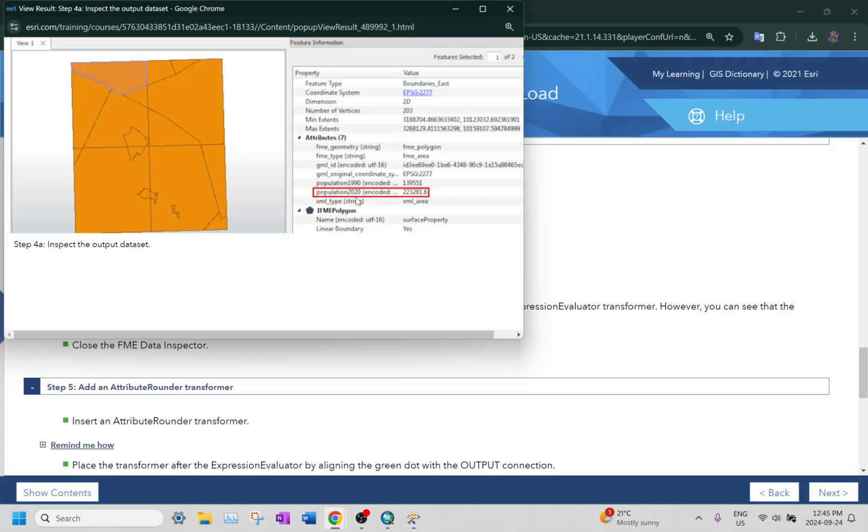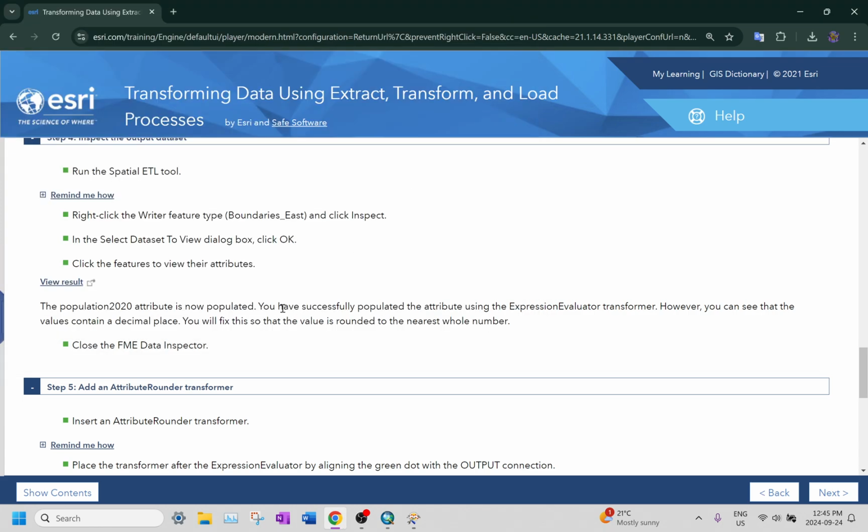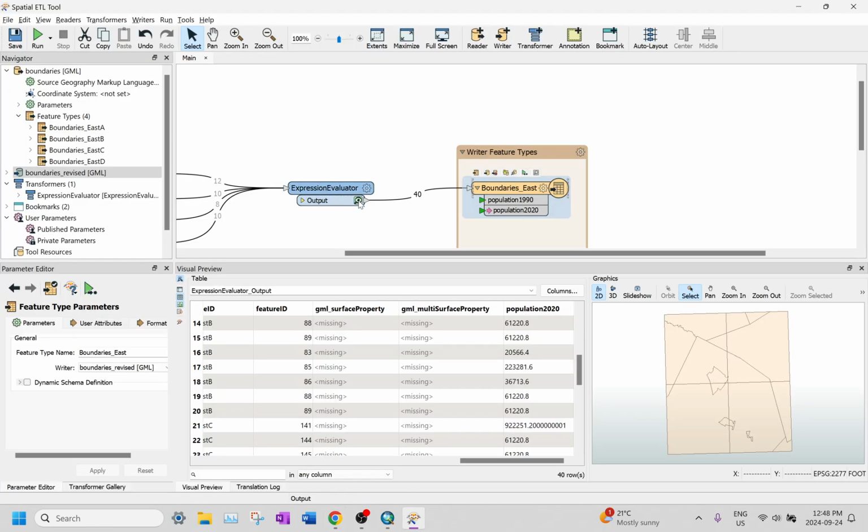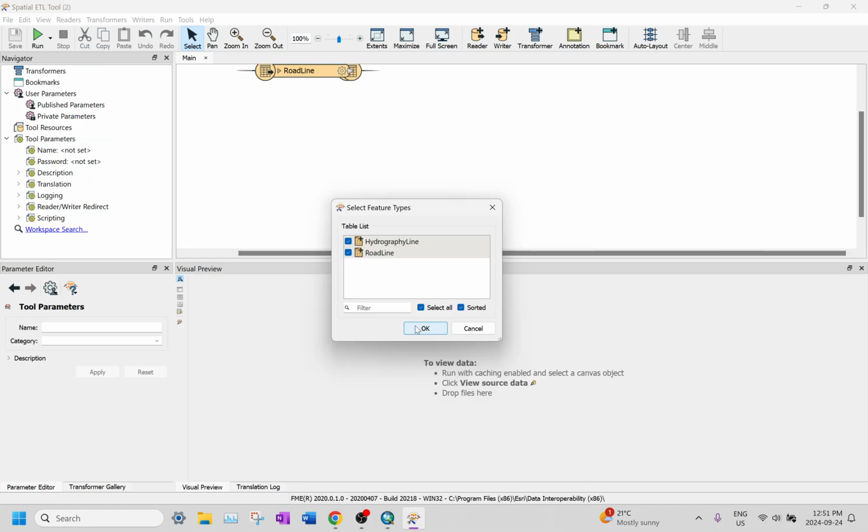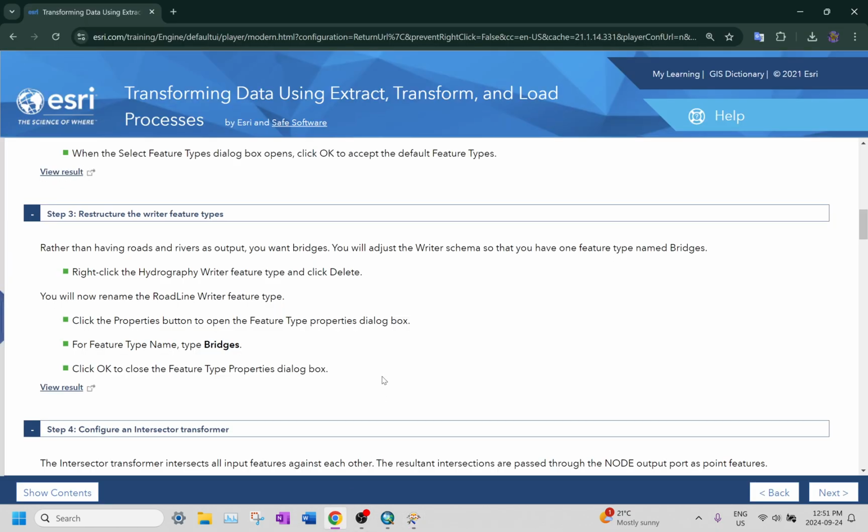And you can see the new field has been calculated and added to our output writer feature type. So I couldn't find the inspector, but it ended up just having click to inspect cache features. Now we're creating the second